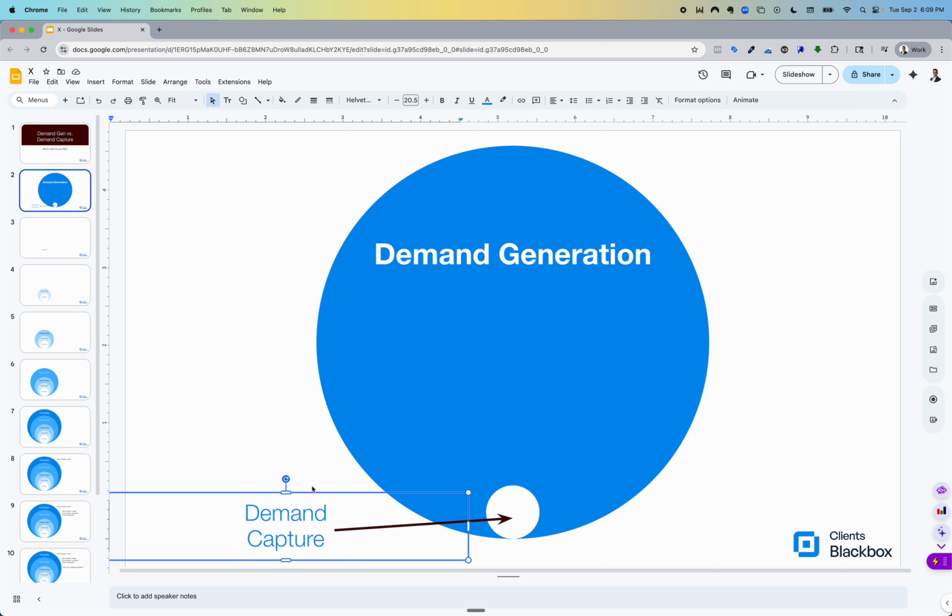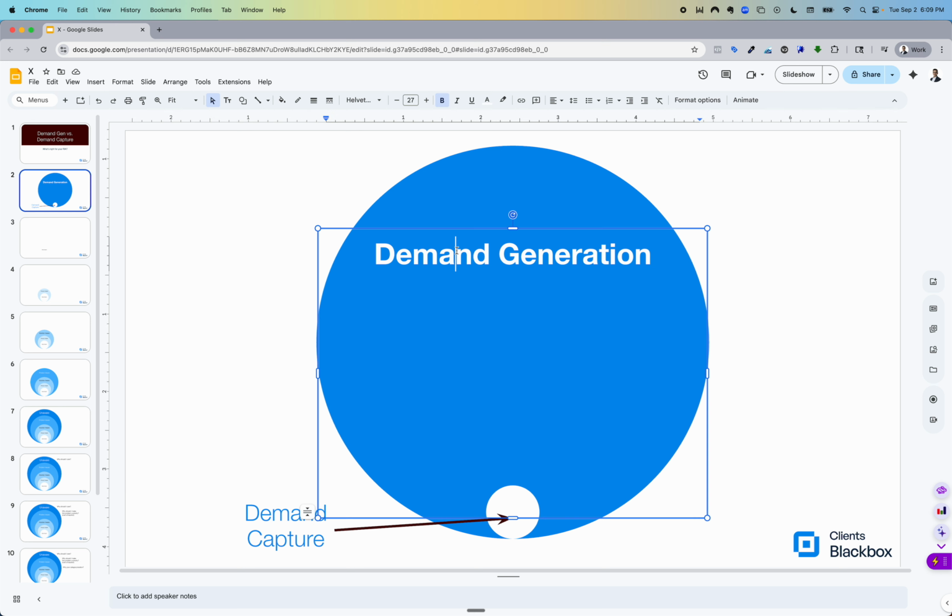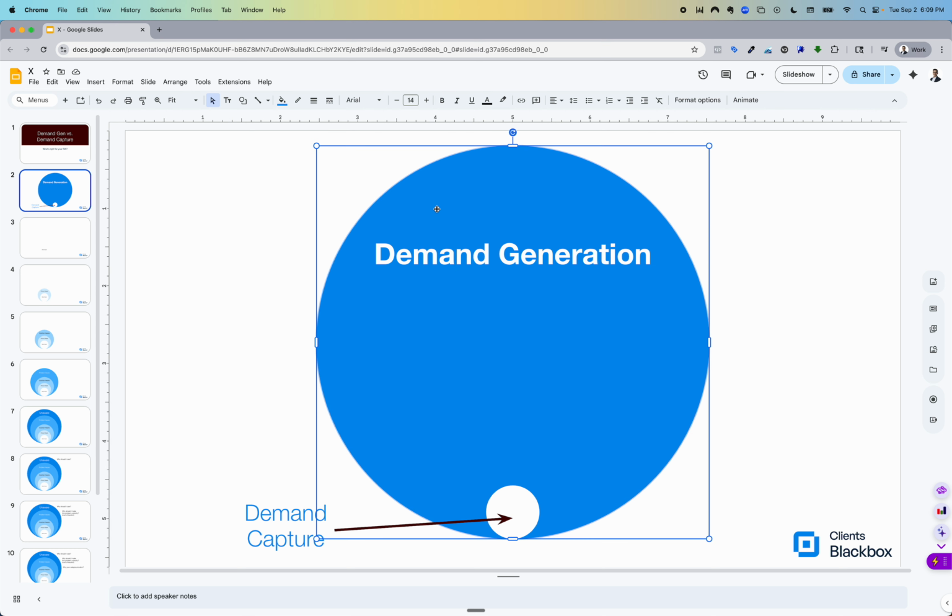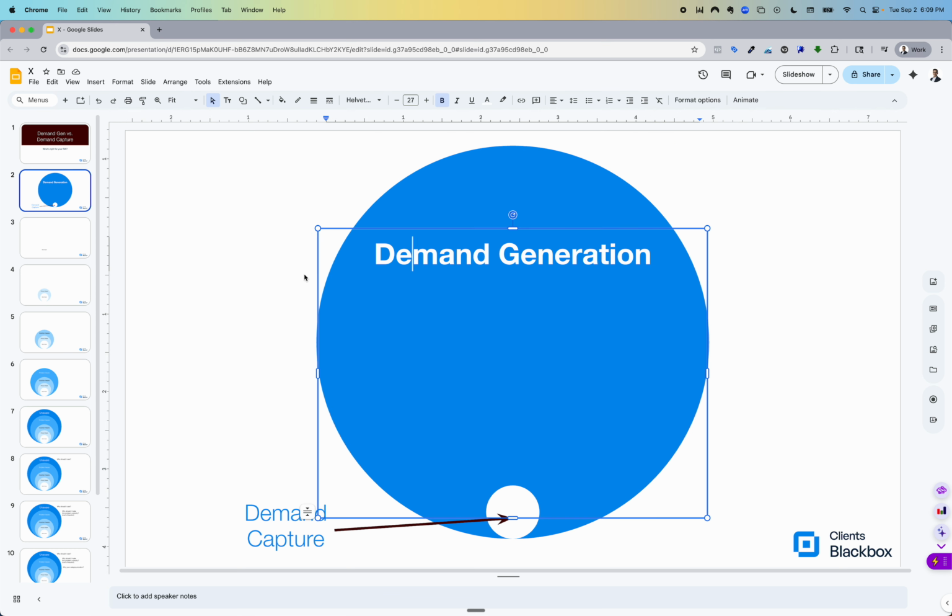What's an example of that? It could be, for example, running Google ads to keywords like financial advisor near me, and then just having a form that people fill out for them to be contacted by your firm, right? That's demand capture, right? Versus demand generation, where seminars, for example, can be considered demand generation,